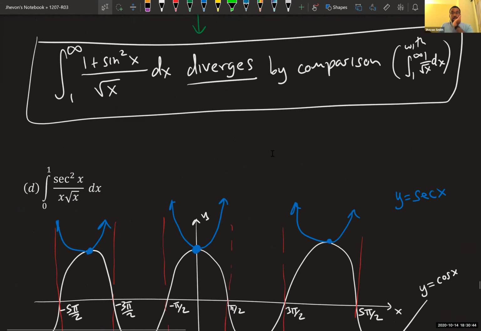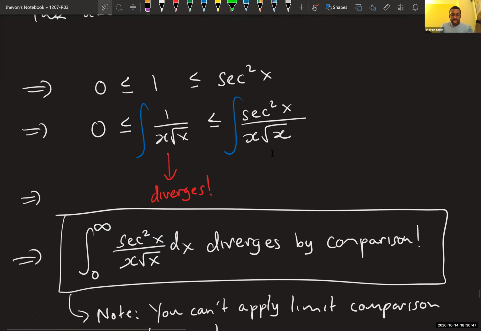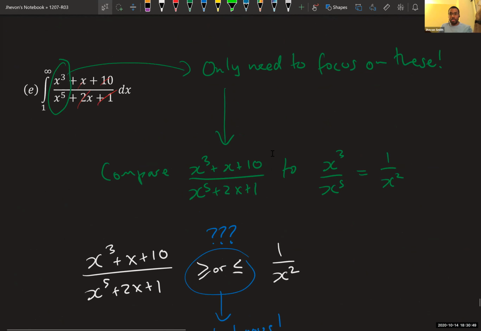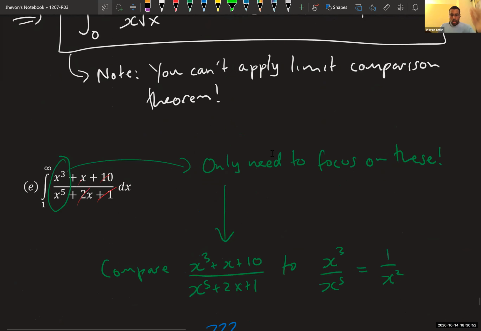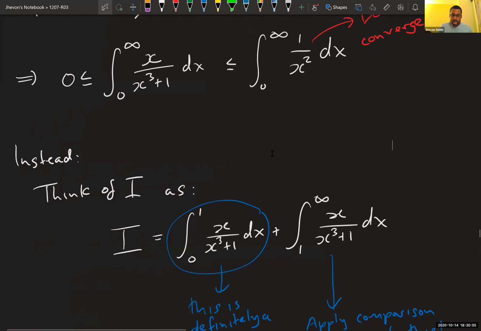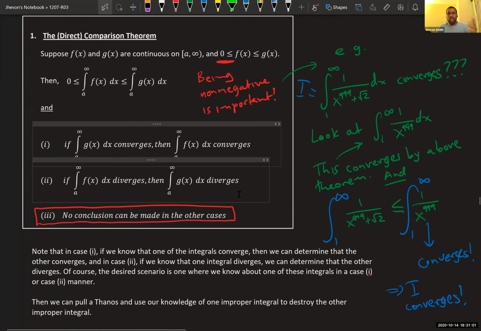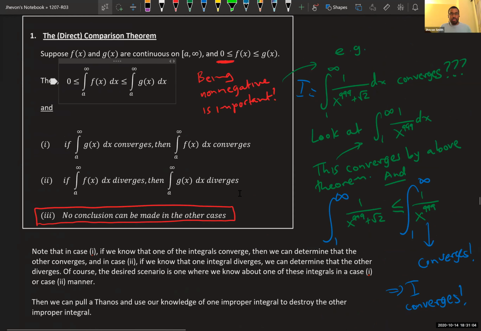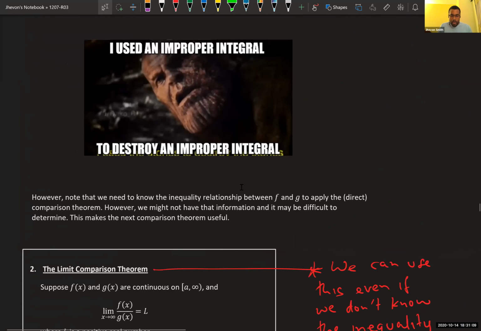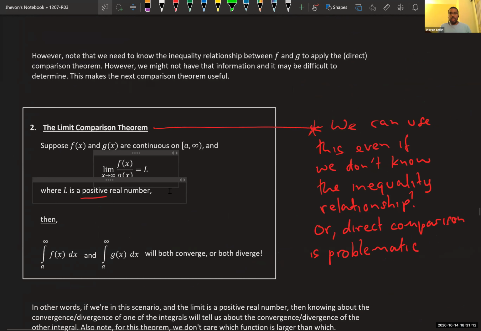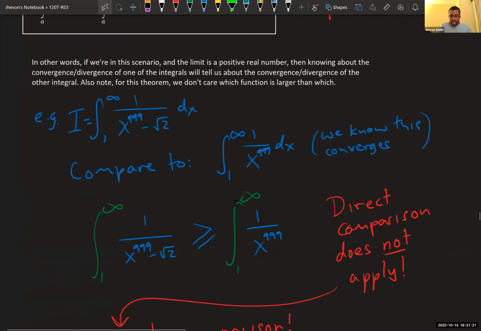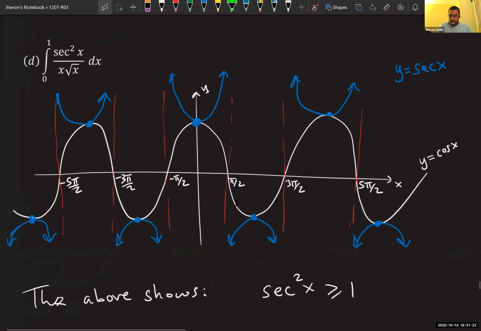Limit comparison. Limit comparison, right? This is an example in which the direct comparison would be an issue to apply, but the limit comparison isn't. The important thing for the direct comparison theorem is that I need to know which way the inequalities are pointing, right? I need to know who is bigger than who in order to make the conclusion. If I have issues in determining that, I can't use a direct comparison. For the limit comparison, I need to have the limit existing to be able to make a conclusion. If I can't get the limit to exist and the thing isn't continuous on the interval, I can't use the limit comparison, right? So this is a situation in which the direct comparison has issues, but the limit comparison doesn't.